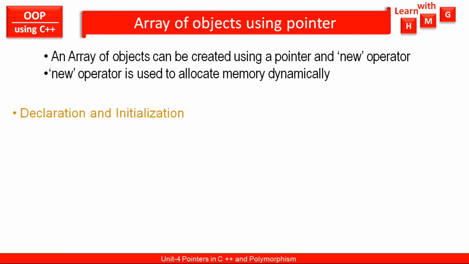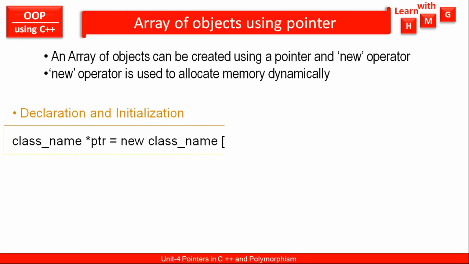So here is the declaration and initialization of an array of objects, and to that array of objects the pointer will point. First of all you have to specify the class name, then star ptr, that is the pointer of the type class, then on the right side of the assignment operator will be new class name, and in the square brackets the size of the array. So here it will create an array of objects of the type class,